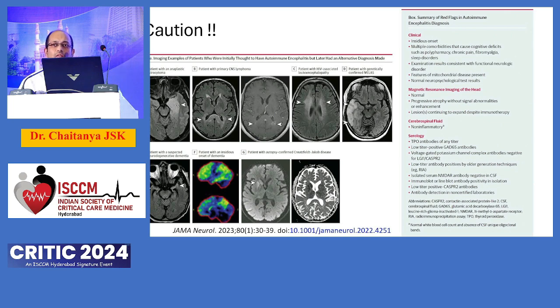So what are the red flags where we always go wrong? You should have these things in mind. As I said, acute to subacute is what most of them present. So if you have an insidious onset, or the progression is happening over days, there is continuous decline, or if your examination results are not matching what you're finding in the MRI, or you have a normal neuropsychologic test across days of the course, all these are red flags. In the same way, with CSF, when there is no inflammatory change, when you don't find abnormal cells or protein, that's one place where you should think of other diagnoses.